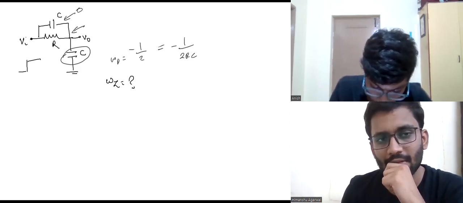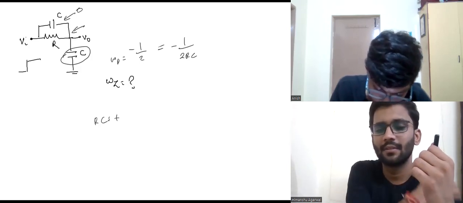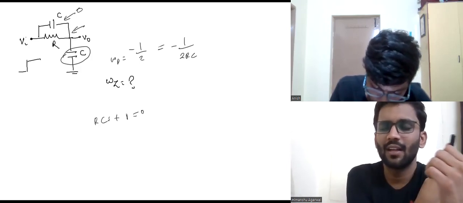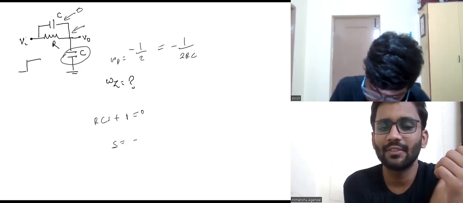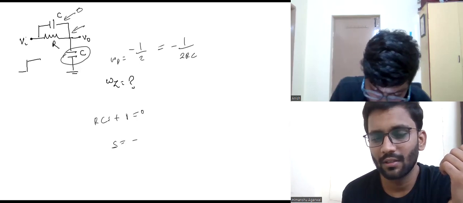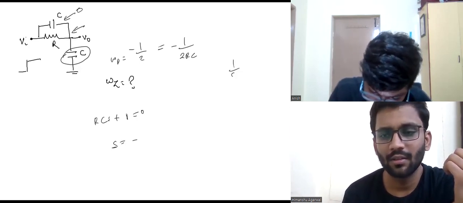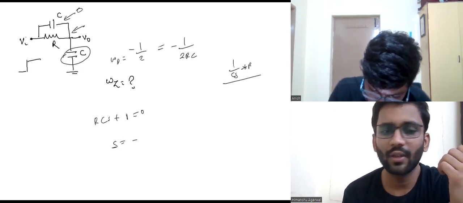So here, if RCs plus 1 equals to 0, then we will get a zero. Basically this is a parallel combination, so we can write it as 1 by Cs into R divided by